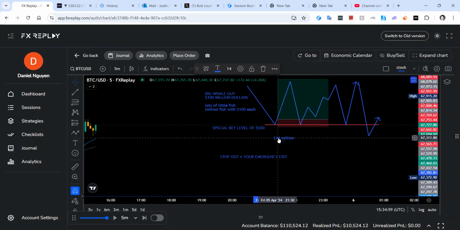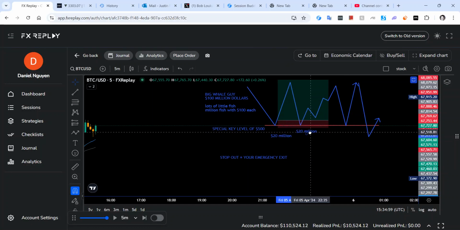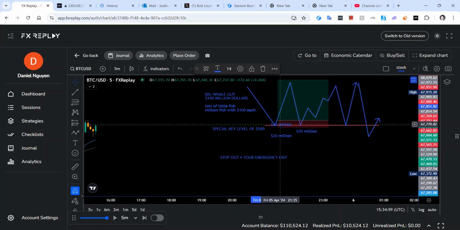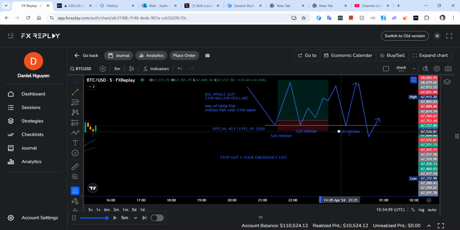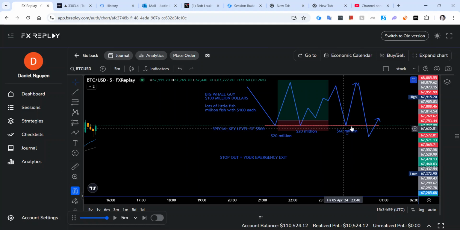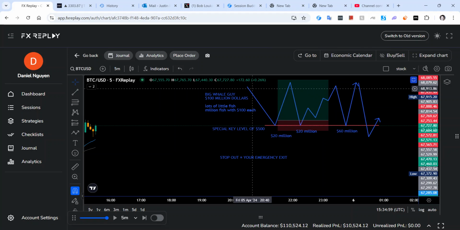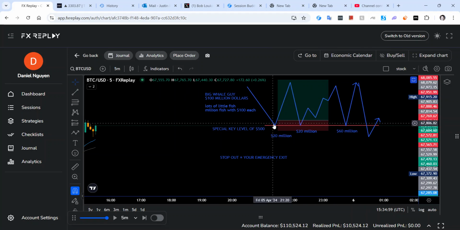Okay, let's just say we got that. There's 20 million here, and then over here we've got another arbitrary number. Okay, the numbers don't matter, right? So let's just say there's 20, 20, $60 million worth of stops here, right? When this passes through here, this guy can get his $100 million position because he's forcing this guy to sell